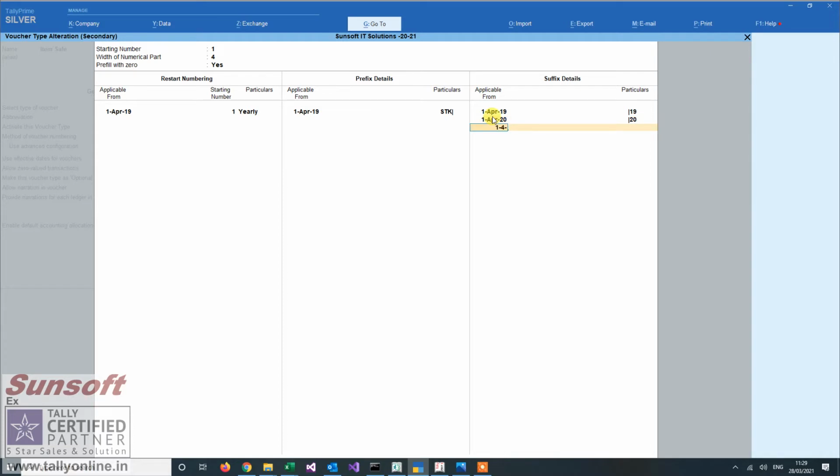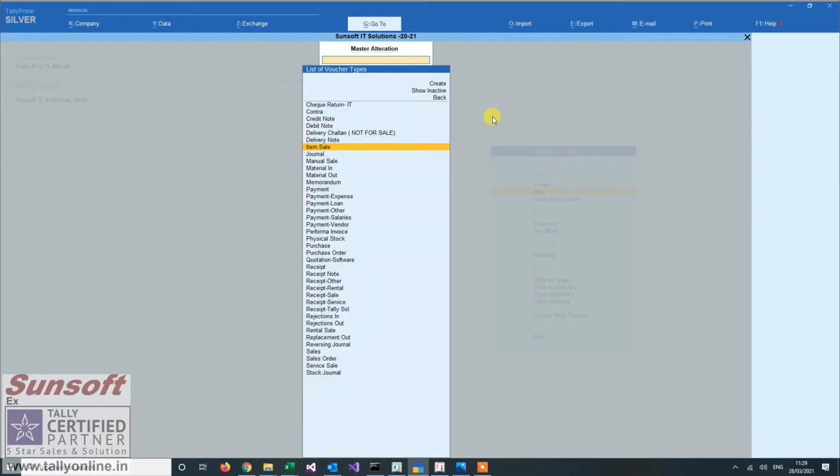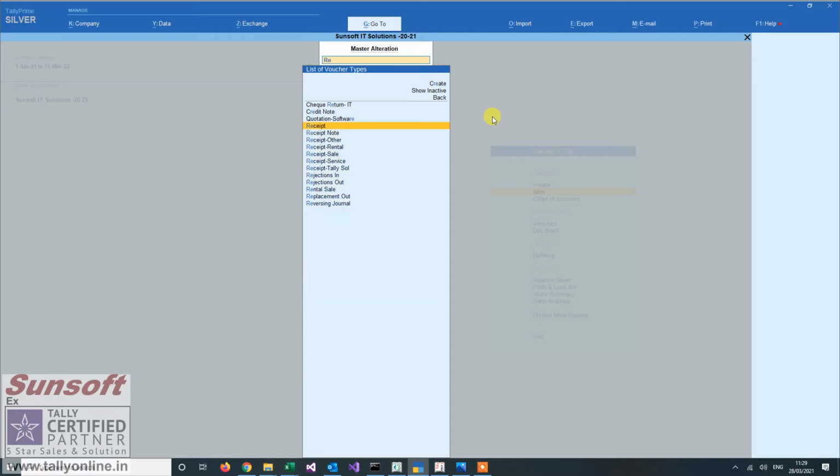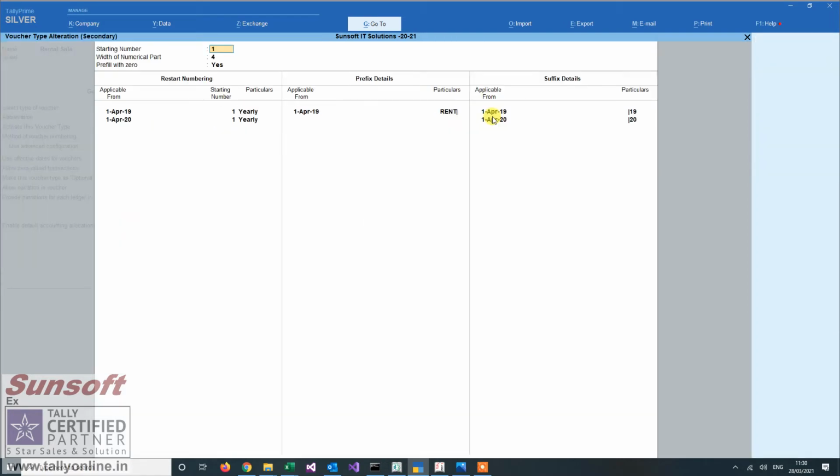For 1/4/21 I want to keep it as /21. For this voucher type my suffix will be that, and the rest of the things I am also changing. So here you can see year wise I have been changing the suffix of my voucher types.